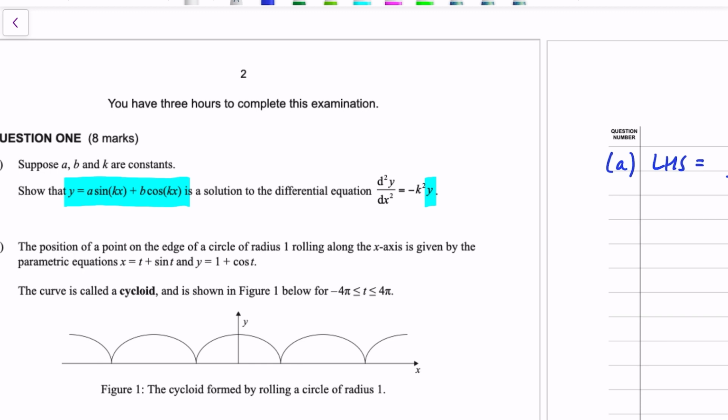And if you know anything about trig functions, when you add two trig functions that have the same period, in this case we've got kx on the inside and the frequency is k, it doesn't matter that the amplitudes are different, one's a, one's b, if you add two trig functions with the same period, you just get a trig function. And if you know anything about simple harmonic motion from physics, where the acceleration